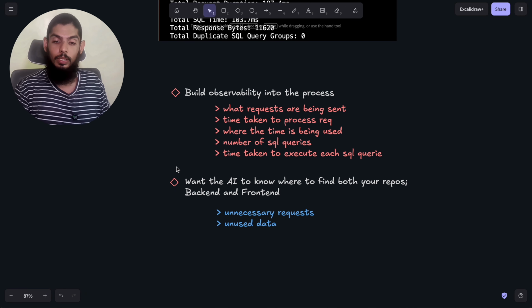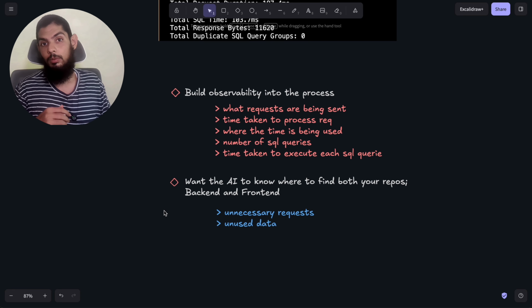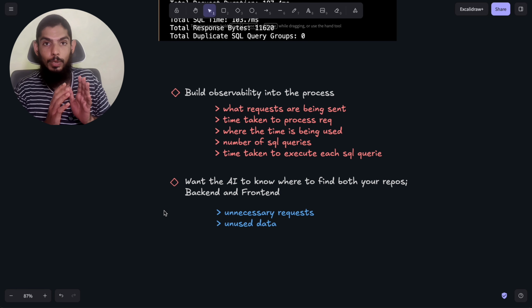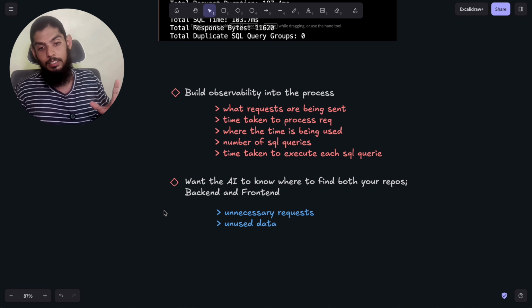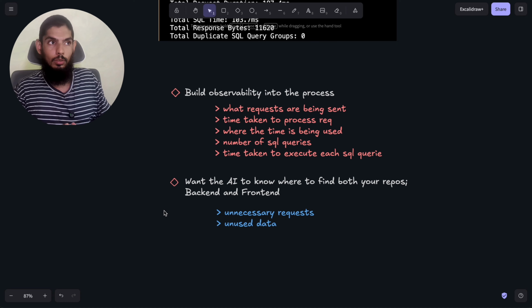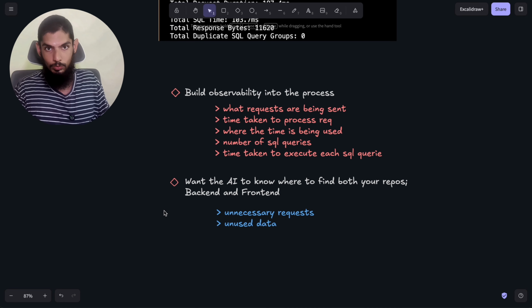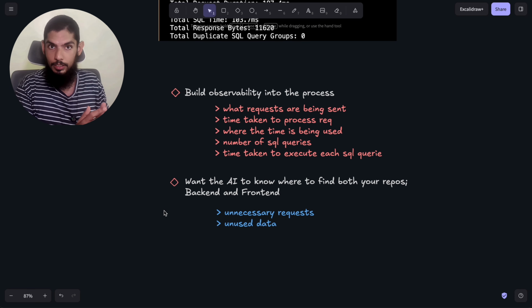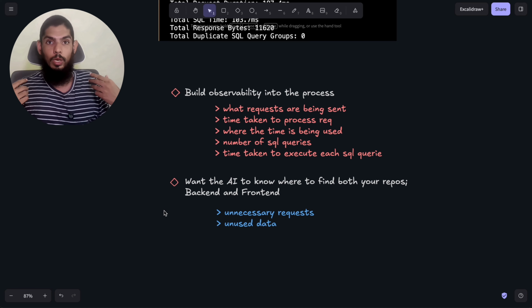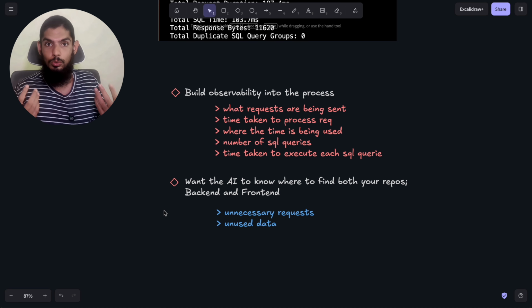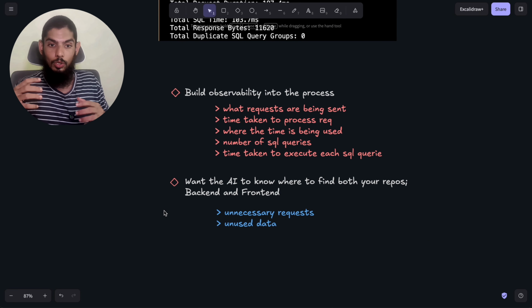And finally, when you're working with AI, you want the AI to know where to find both repos, so it's able to have better observability into the front end and the backend code. And then from there, it will be able to tell you things. Of course, you need to use your own brain in this, because it's a business decision what things you want to cache, what the unnecessary requests being sent are, and which data is not being used but you are fetching it from the backend. So based on all this observability that you give to the AI, plus your own brain,